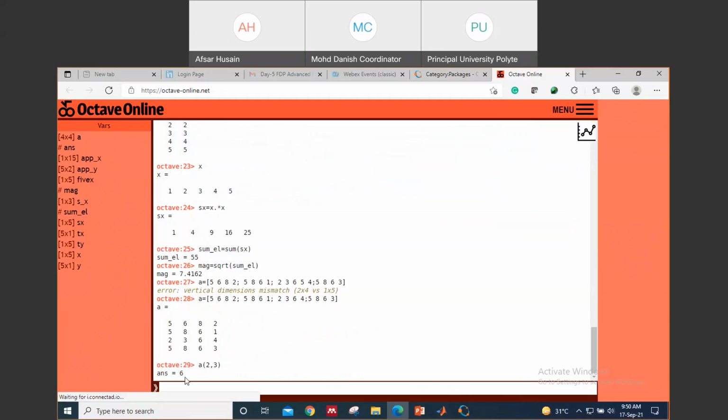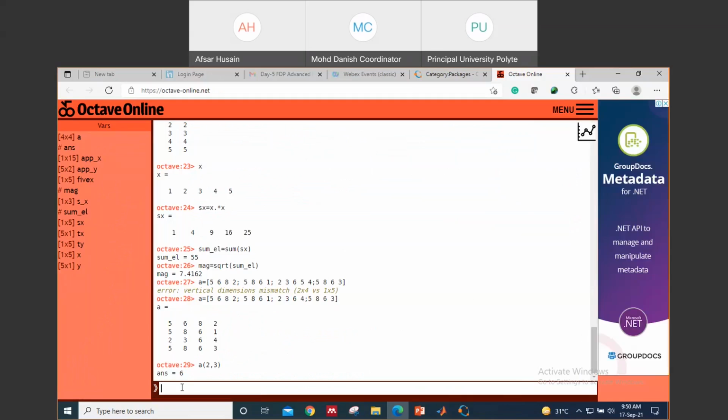So the answer is 6. Similarly, you can add or delete a column or matrix from this, as you are doing in MATLAB. I am not going into too much matrix operation because you are also aware of it, and I hope